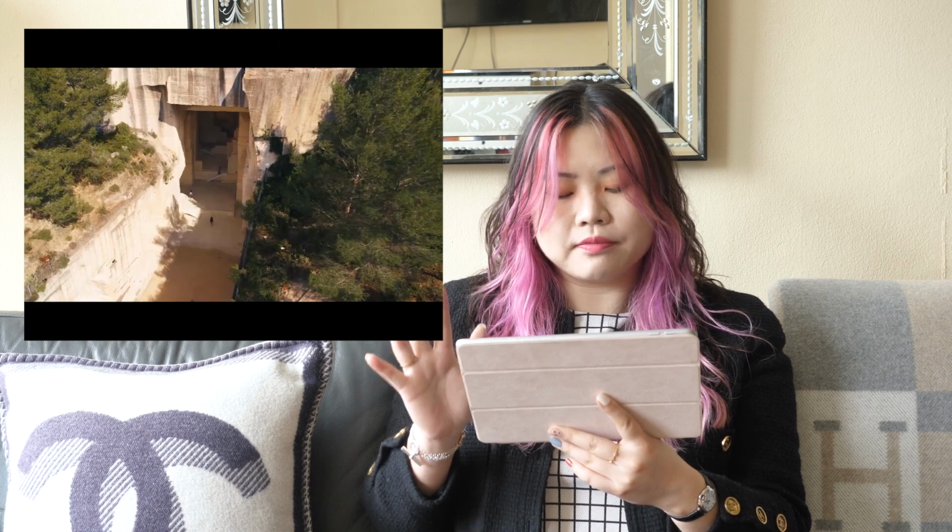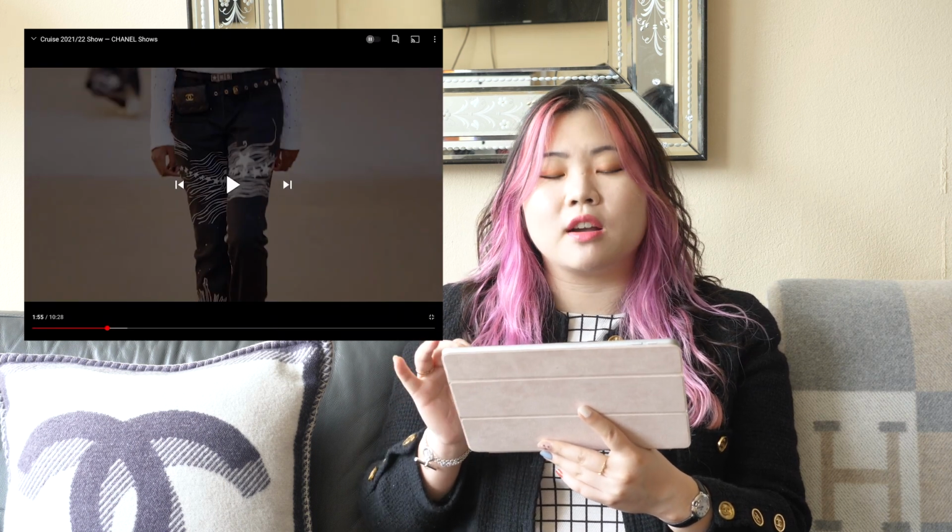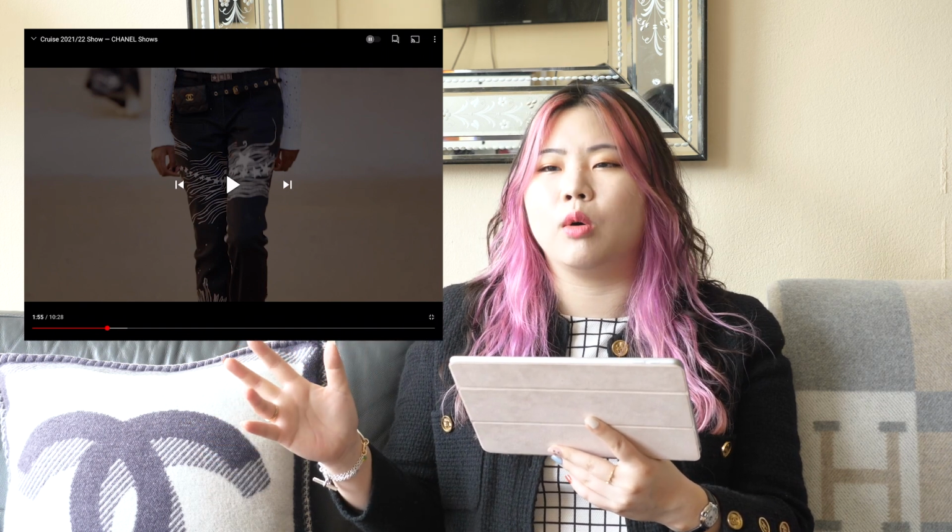This bag with the fringe, I feel like it might take off, but I do think it's going to be a very seasonal piece. These pants with these starbursts and everything were interesting. I'm not going to lie, as soon as I saw those, I thought about the Dior women's wear when they did the whole